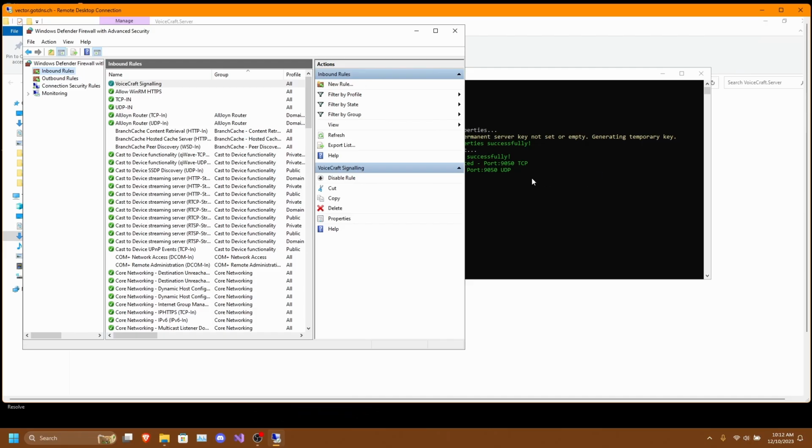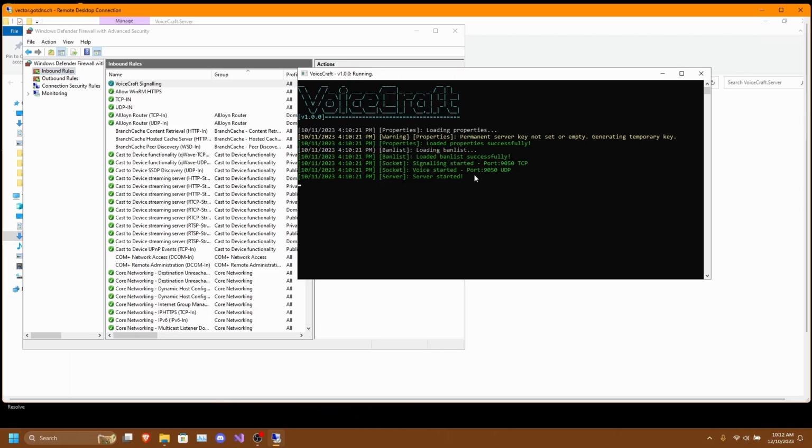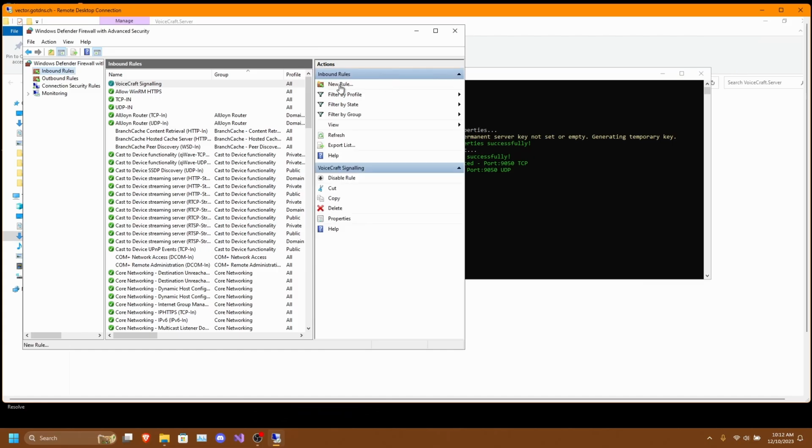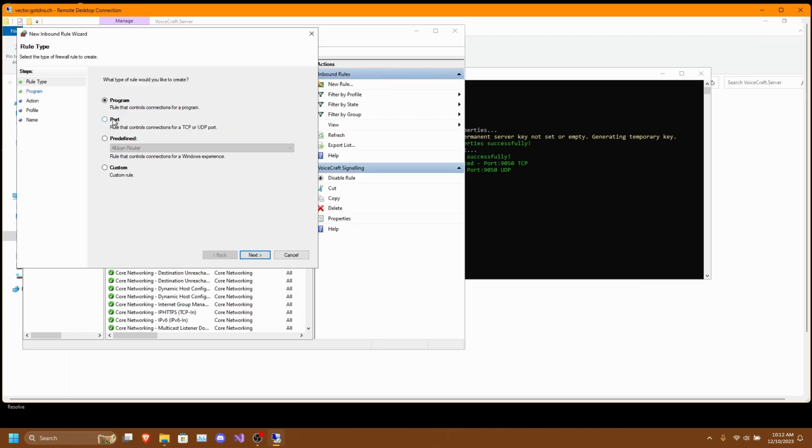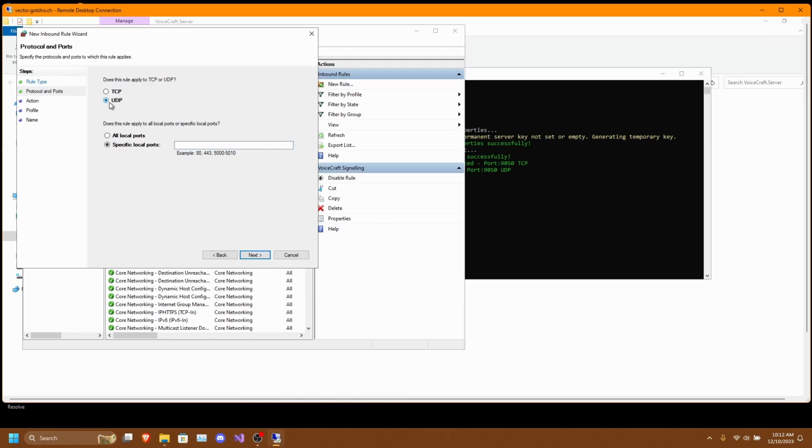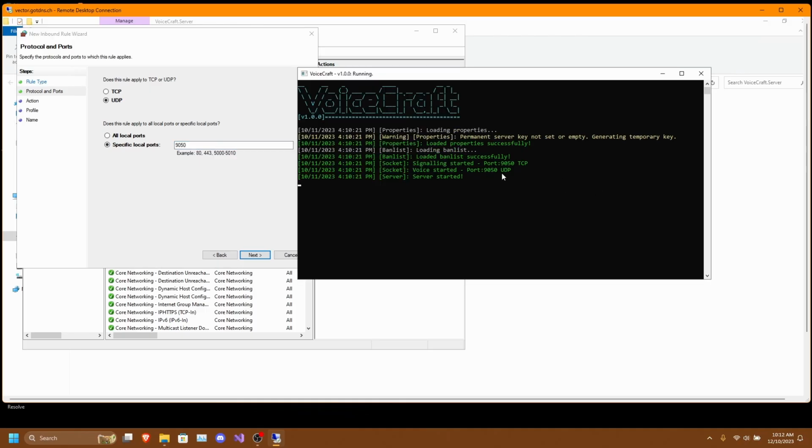Next, we'll need to port forward the voice port. So we'll do the same thing again, which is new rule, port. Then this time we need to select UDP, then the same port, which is 9050 for the voice port.